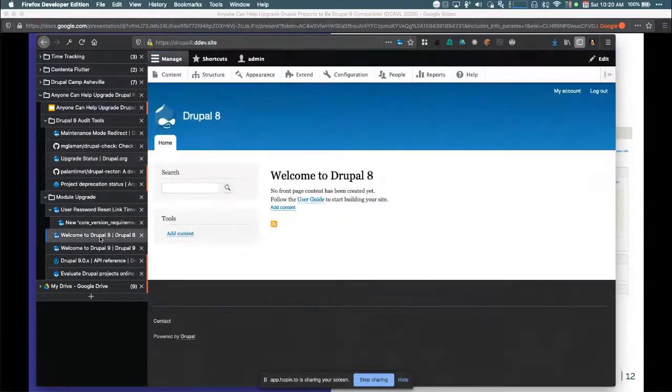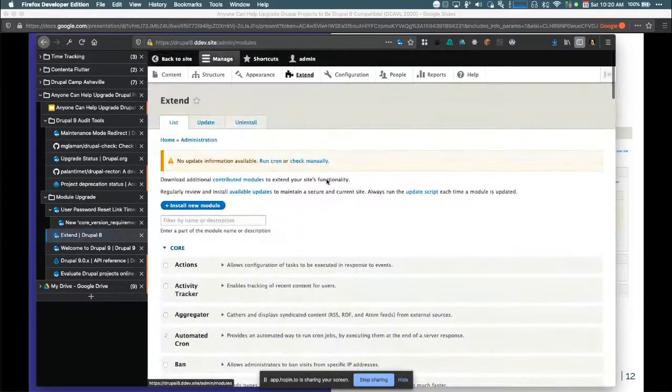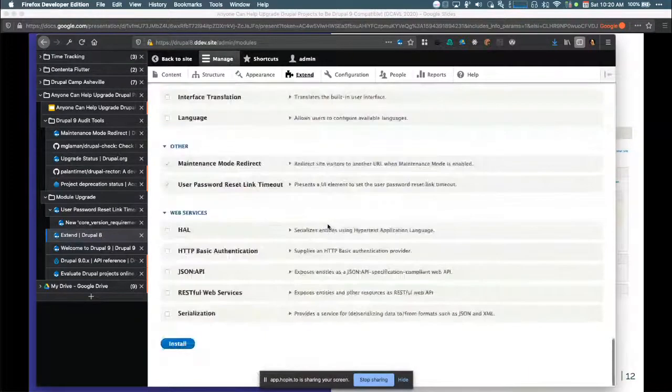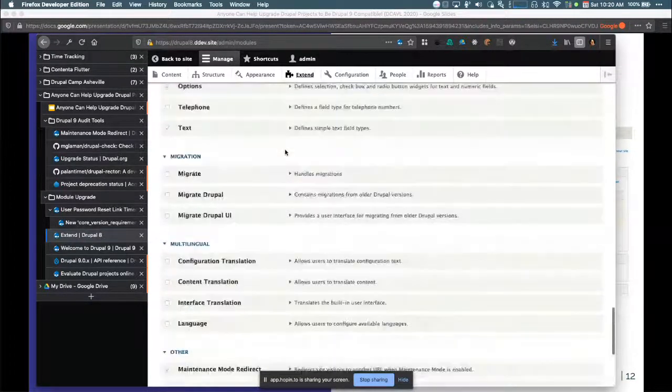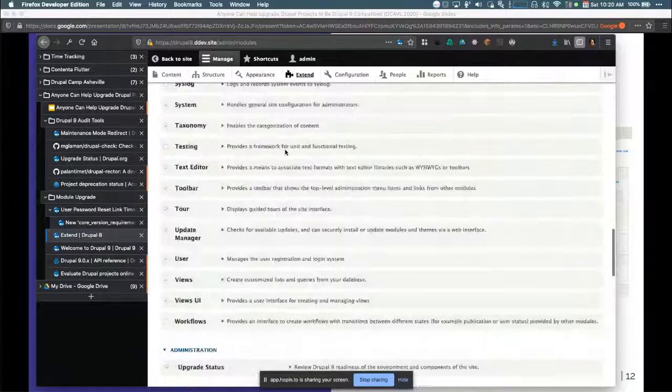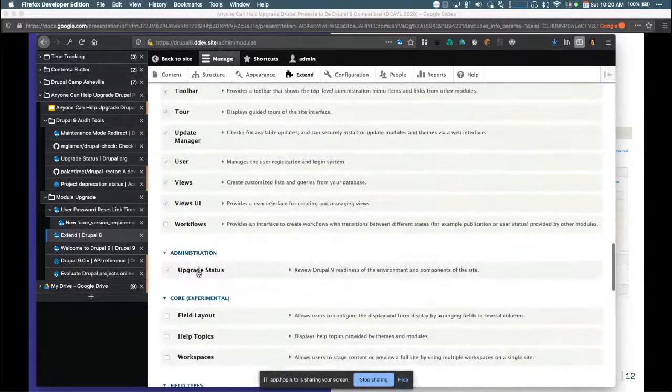I have the Drupal 8 site ready to go, and I'm going to go to Extend here first, and we will scroll down. Where is it at here? I think it's under Admin. There it is. So we can see Upgrade Status is installed with a checkbox there. It's ready to go. It helps you review the Drupal 9 readiness.